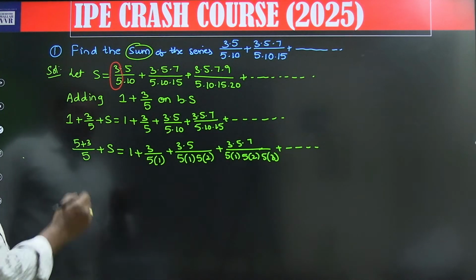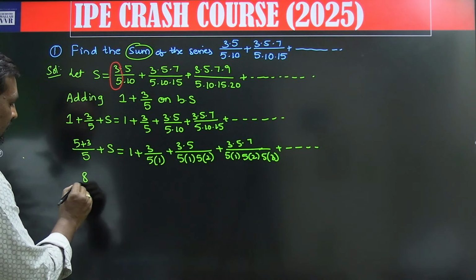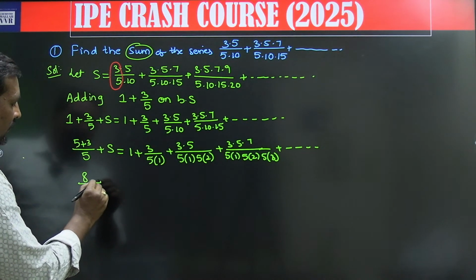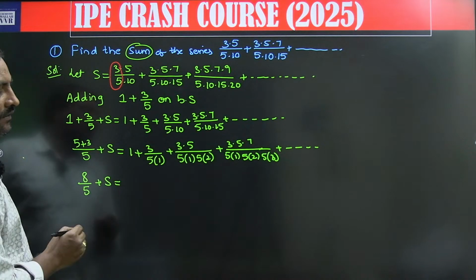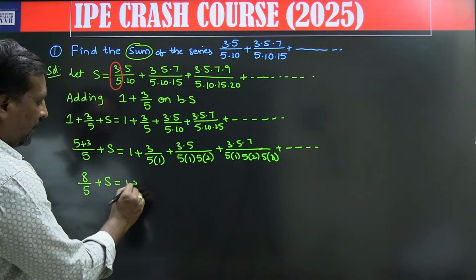Now 5 plus 3 is 8, so 8 by 5 plus S equals